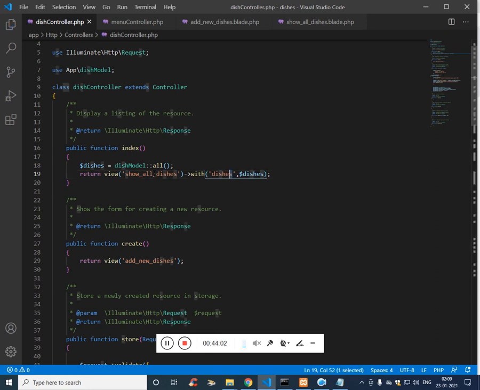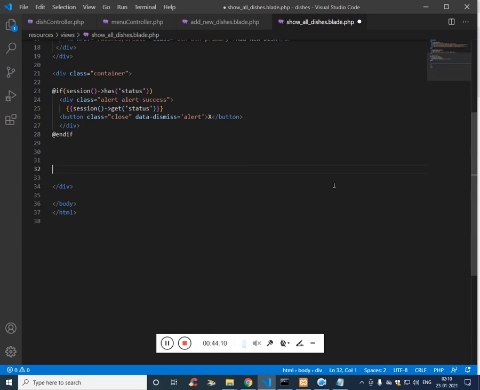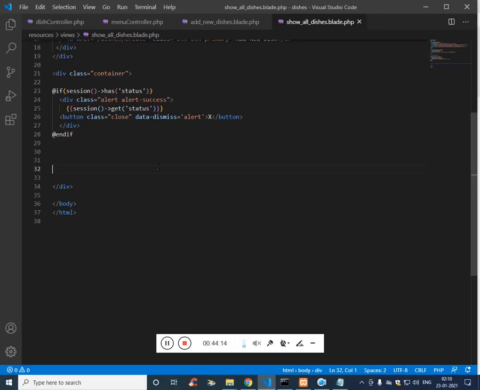Now we can access this dishes value in our file. Here we cannot just display it, we need to display the table, which is a Bootstrap table. We have table row and table data.